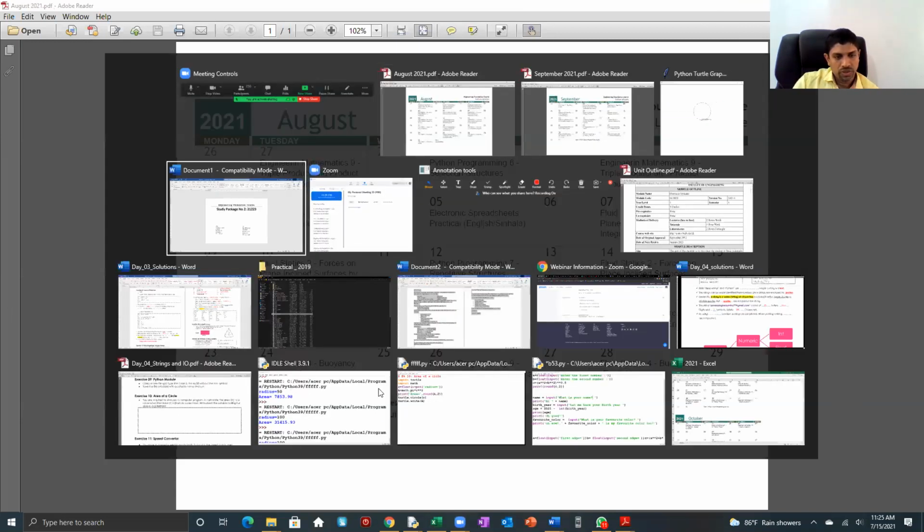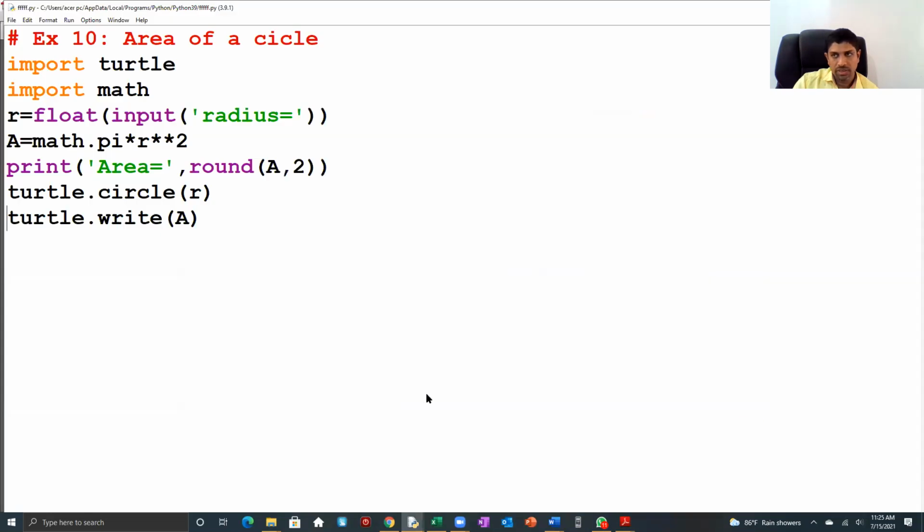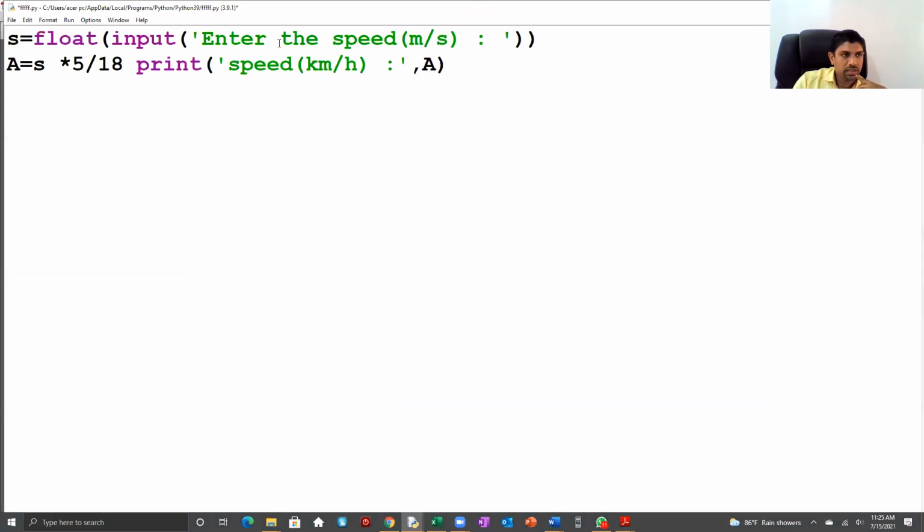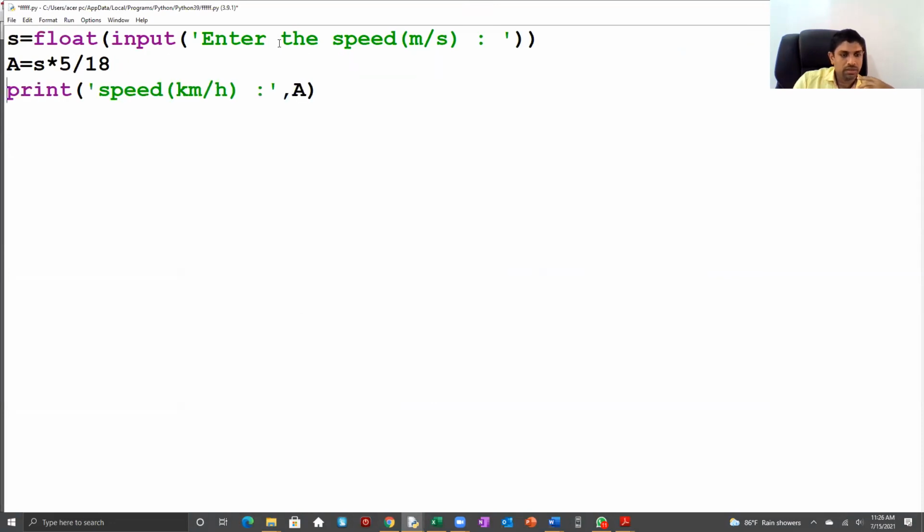I'm going to explain a speed converter example. Speed, enter speed in meters per second, for example. I'm making code. Right? This is the